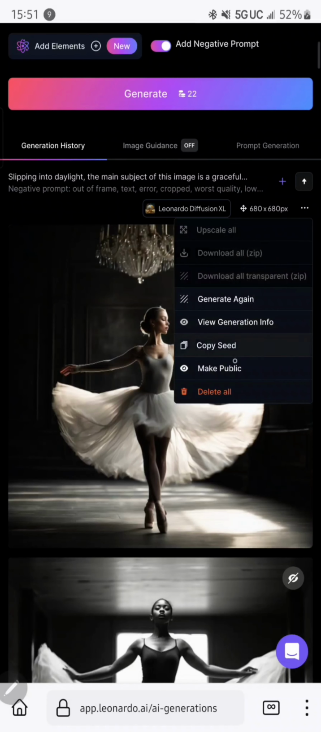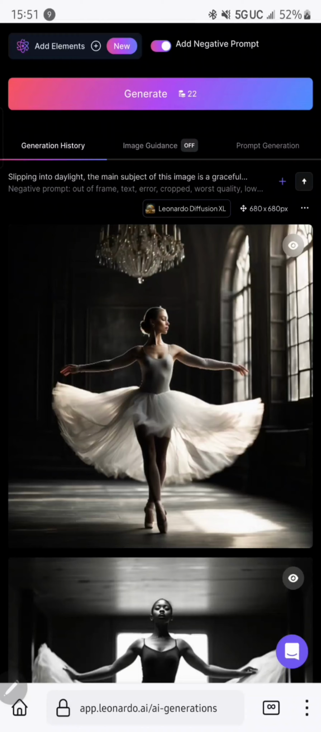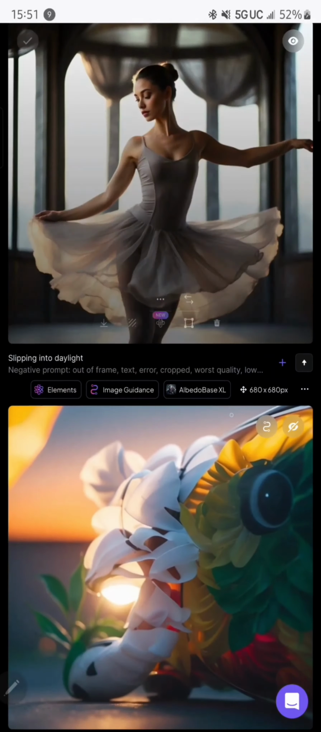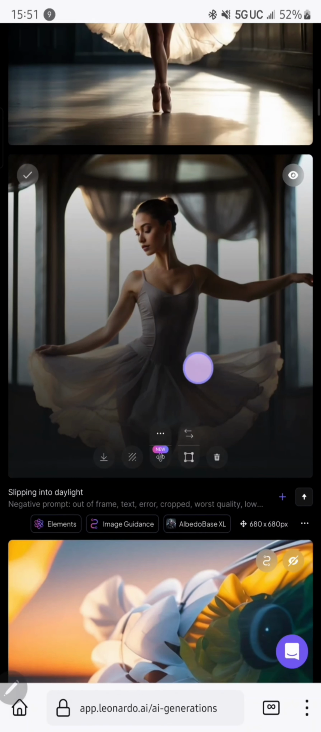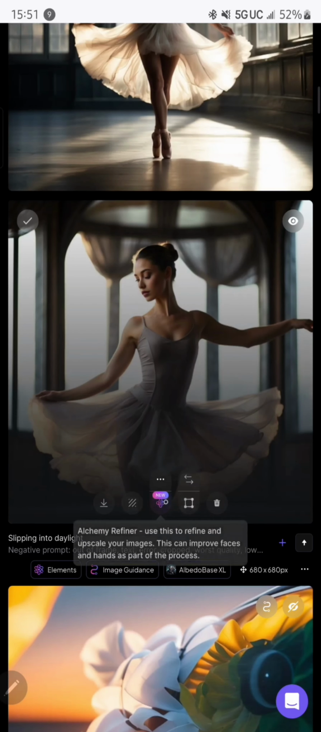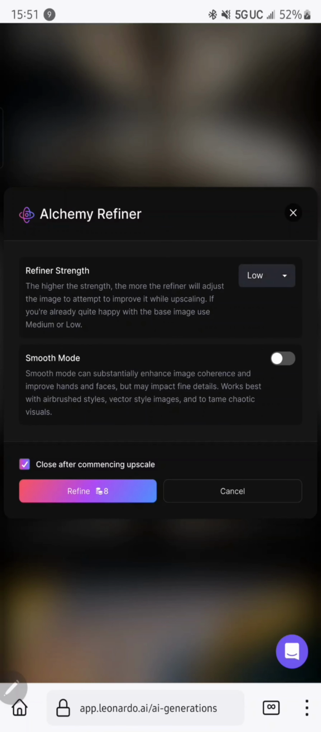I'm gonna go ahead and make these public because this is one of the test videos. These, on the other hand, I'm not. I'm gonna keep those for myself and play around with those. But let's go ahead and touch up the image a little bit. So what I'm going to do is just hit them with a medium smooth for the refiner